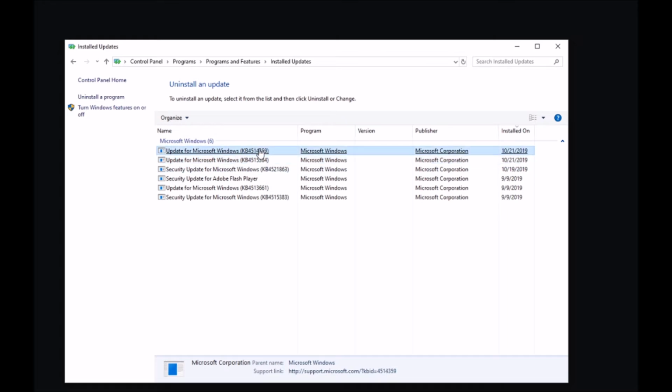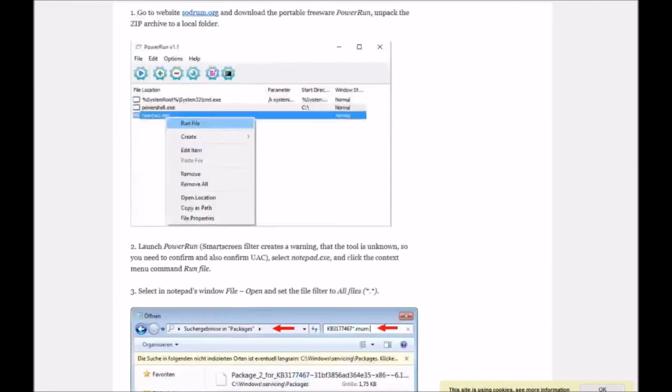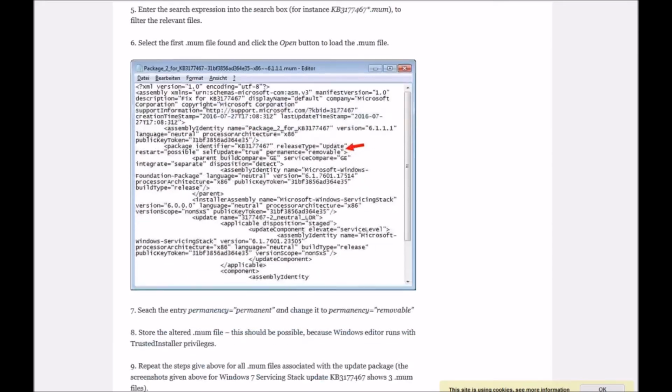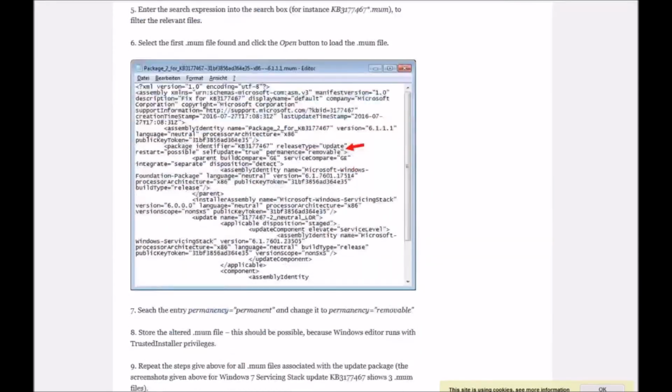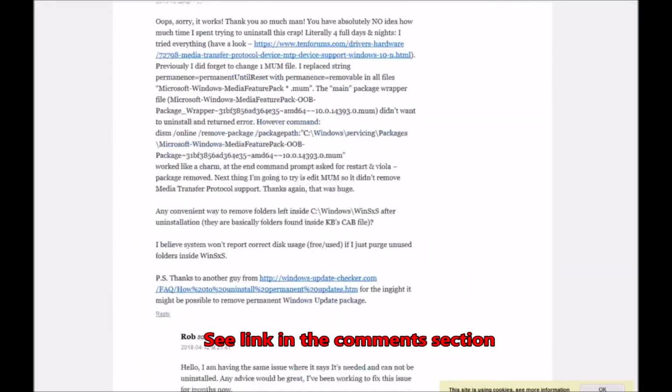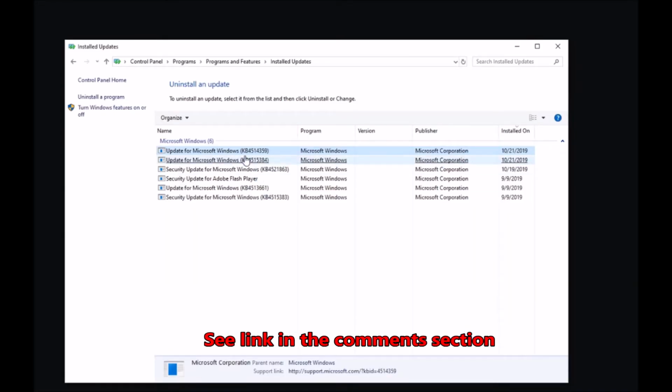If you happen to need to uninstall it, even if it doesn't have an uninstall button, I'm going to link you, maybe see the comment section, to this page where it's explaining exactly how to make any update uninstallable, how we can roll it back no matter what Microsoft is saying. So I recommend you read this, but this is definitely for more advanced users. And also check the comment section, someone is giving good tips. I'm not going to present this here, but it's good to know about it.